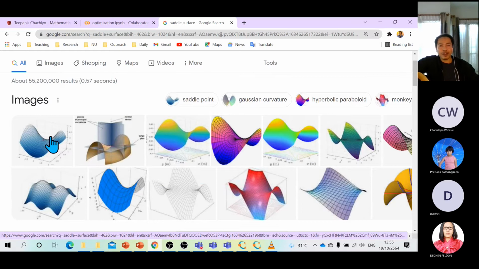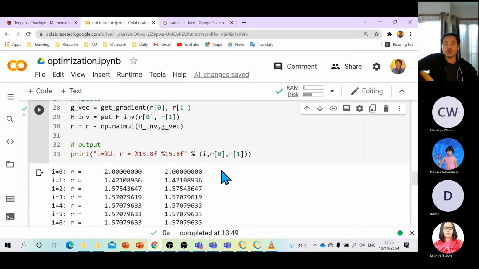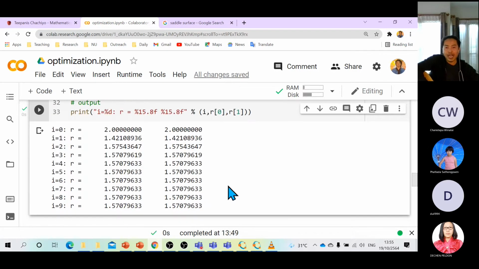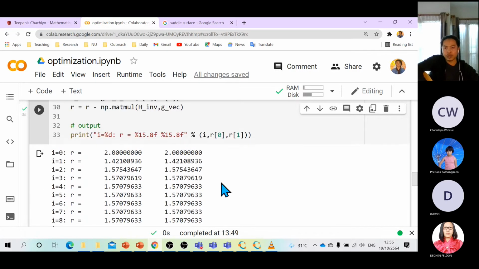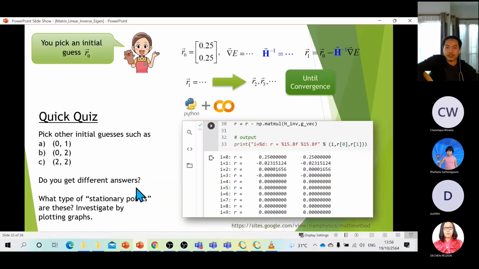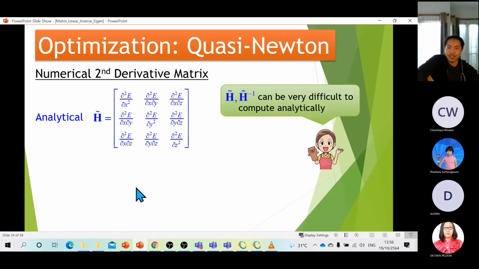So it turns out that this method that we call Newton's method can give us all kinds of stationary points, not just minimum, but maximum sometimes, but also saddle points, things in between. So you should not just use the software to get an answer. You should also analyze the answer to see what happens. Okay, so that's the exercise for this.